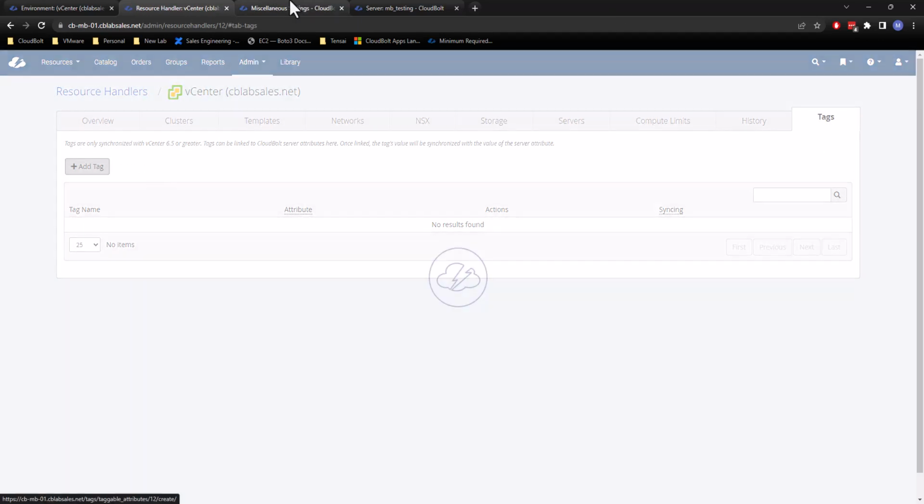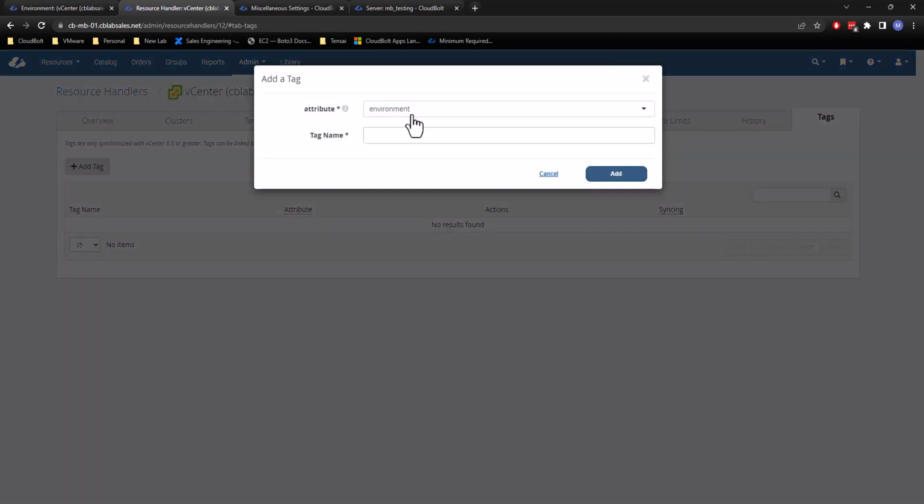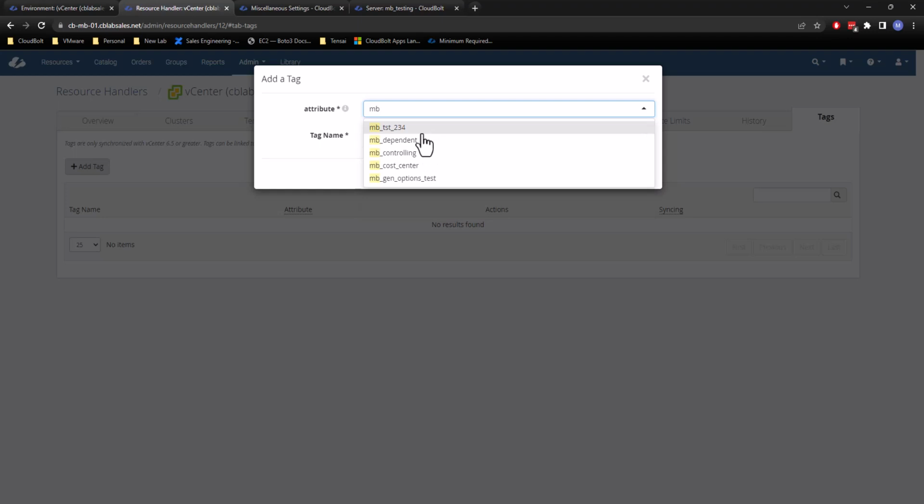So I'm just going to set this up real quick. Each of your resource handlers should have this tags tab available. You can go to add tag, and I'm just going to search for it. MB, there's my namespace coming into play. Now I can select MB Call Center, and then my tag name, this is what it's going to show as in vCenter. So in vCenter, I want to make sure that this matches a tag category that I want it to show